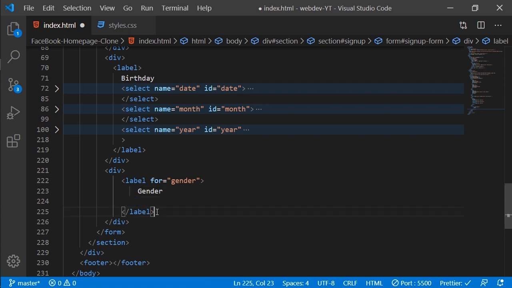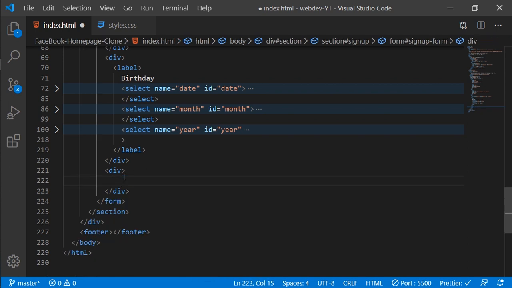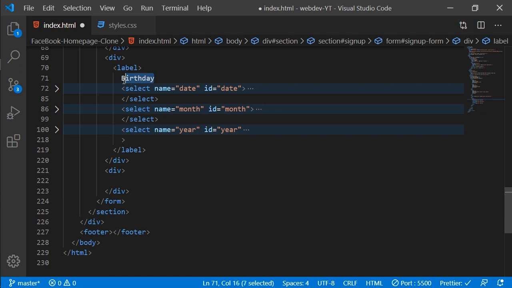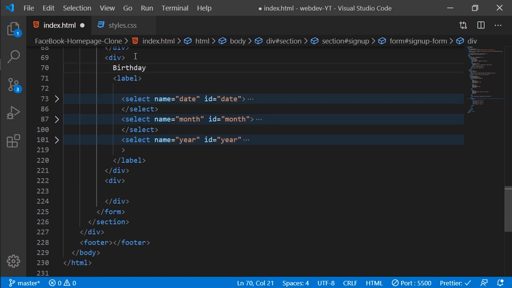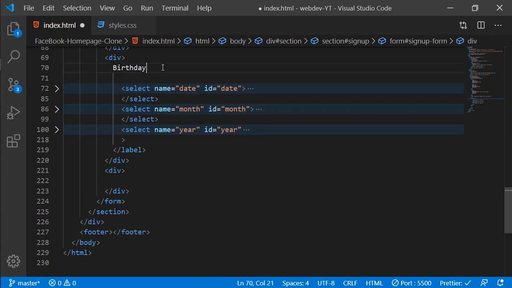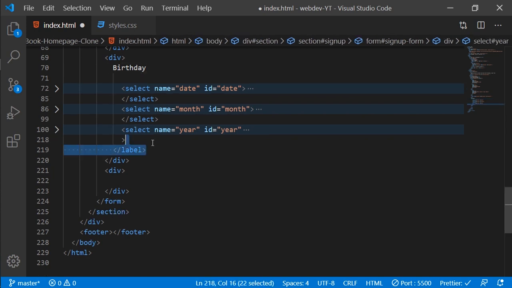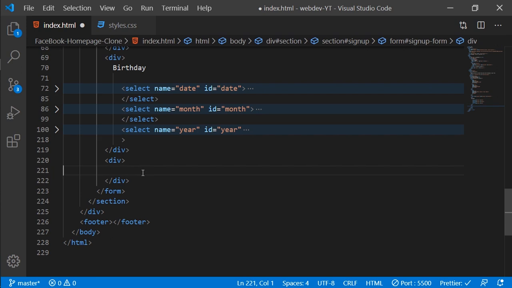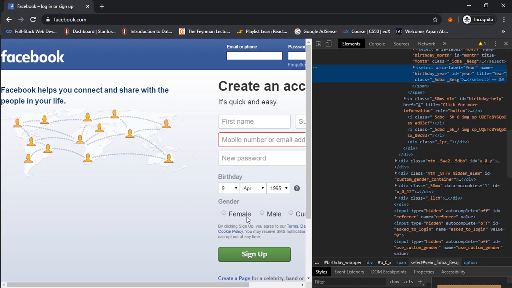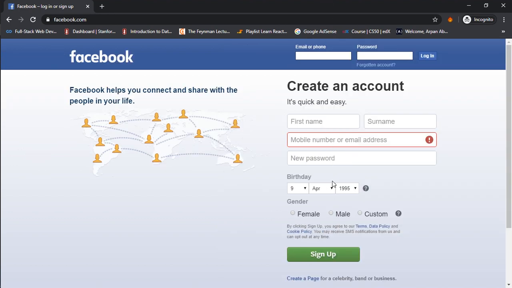Actually, we have to do different way. Let's move it out of this here too, and let's keep it here, gender, and we'll use label for these. Okay, let's close this, and